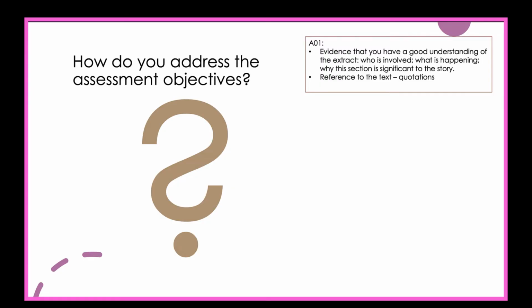First of all, we have AO1. AO1 is showing that you have a good understanding of the extract. So you've been through it, you've read it, you understand who is involved, what is happening, if there's any conflict, what the themes are, and why this particular moment is significant to the overall story within the play. So think about where it is, what happens before, what happens after. AO1 is also where you have to show that you can make reference to the text, so you use quotations